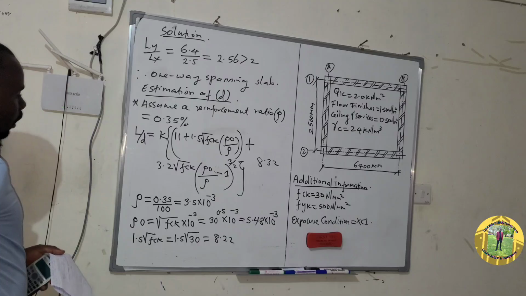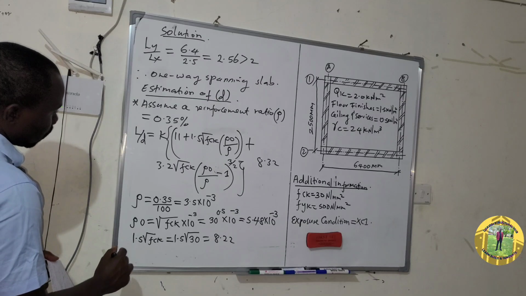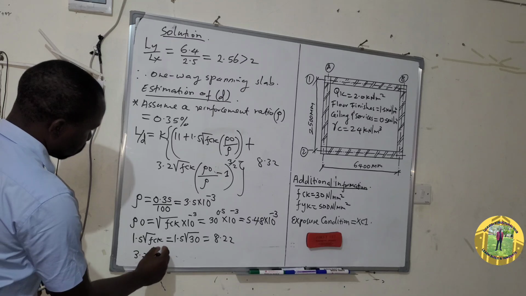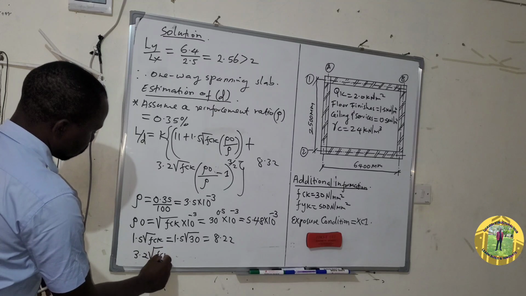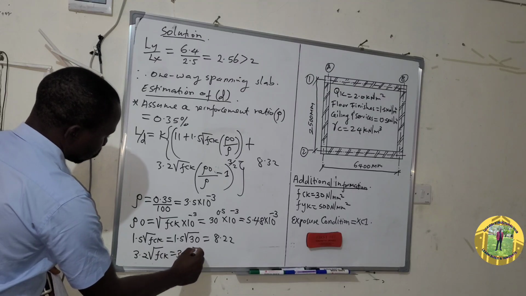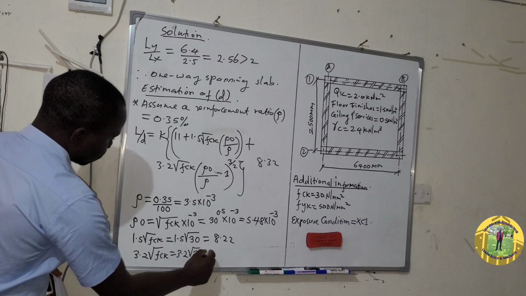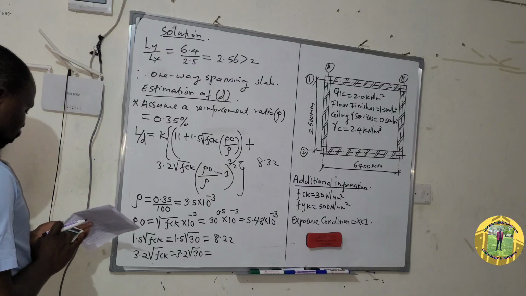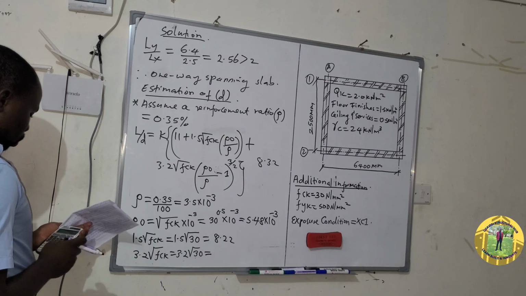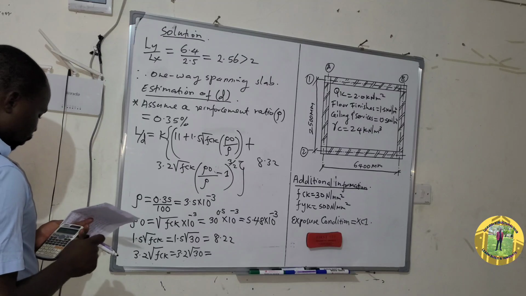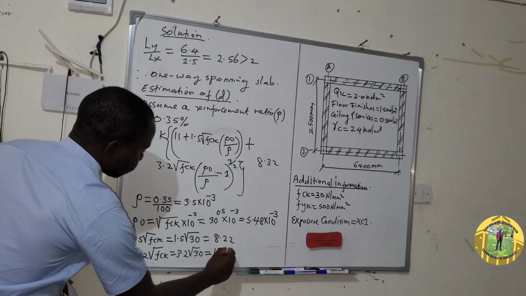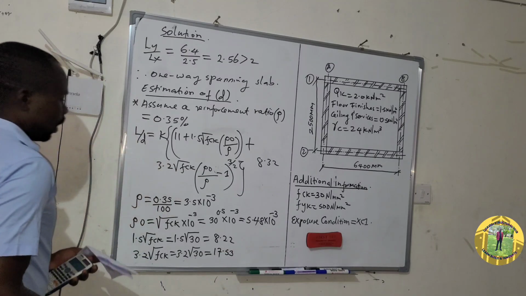And then 3.2 square root of FCK. This one is equal to 3.2 square root of 30. So this one will give us 17.53. After doing so,